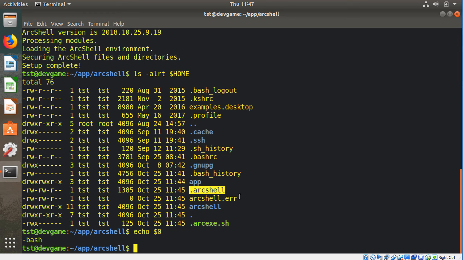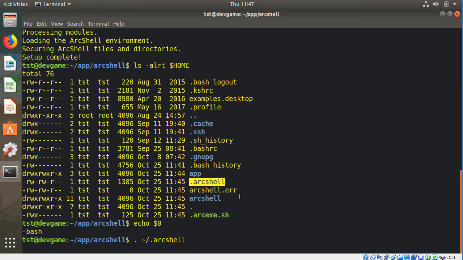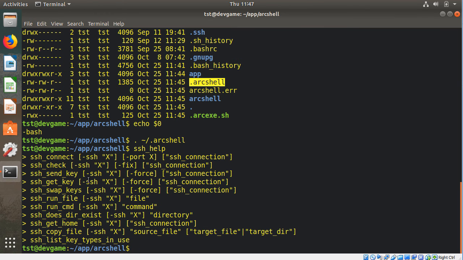So anyway, to source ArcShell in, we just source it into our command line by sourcing in that file. And that loads ArcShell into our environment. I know this now because I can type something like ssh_help, and I see some of the documentation for the SSH library. So I know we're working. The next thing we're going to do is